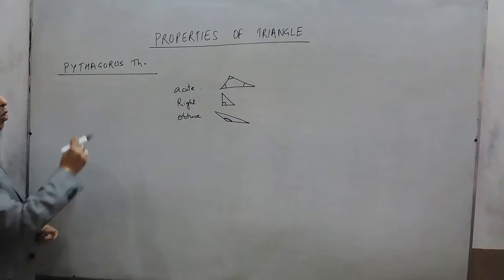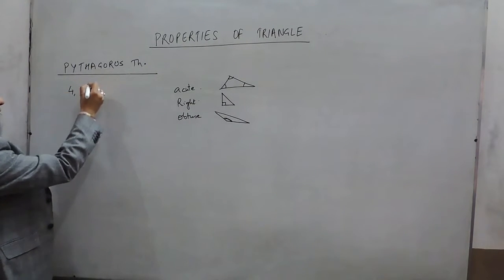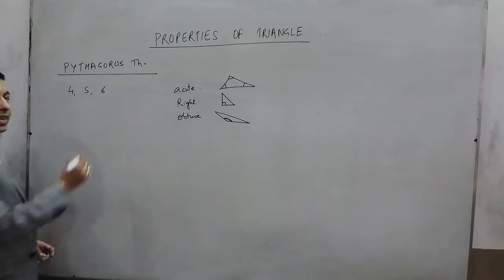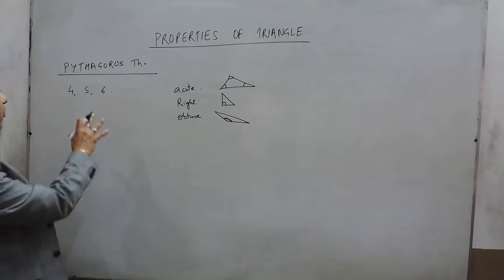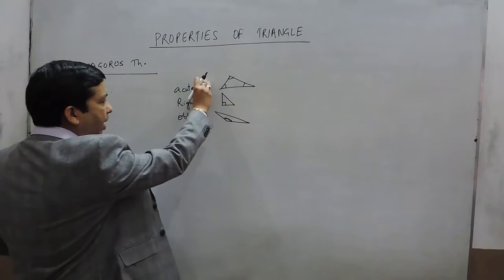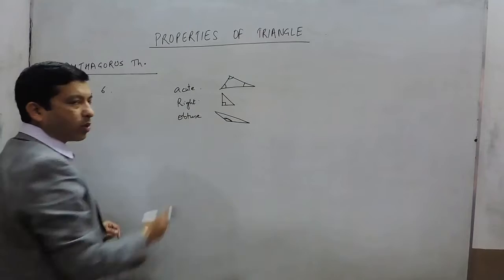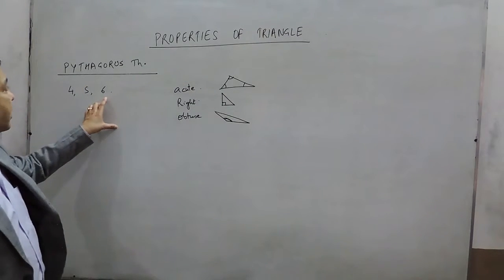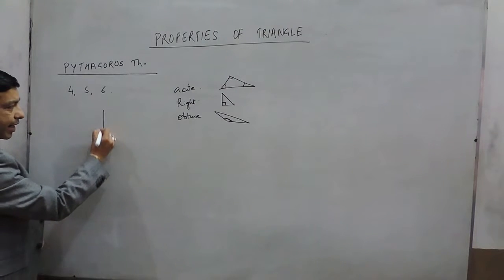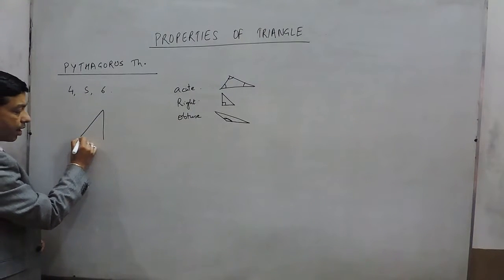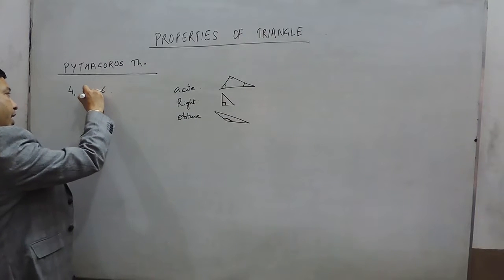But when only the sides are given, suppose the lengths of the three sides are given as 4, 5 and 6, then what kind of triangle is it, whether it is an acute angle triangle, right angle triangle or obtuse angle triangle? To find this out, Pythagoras has given a very important statement, that is, if we take a square